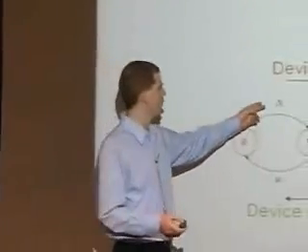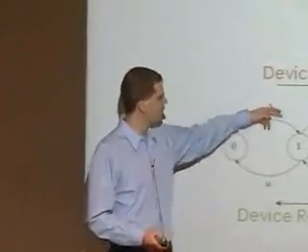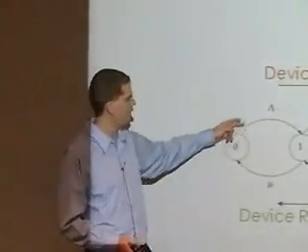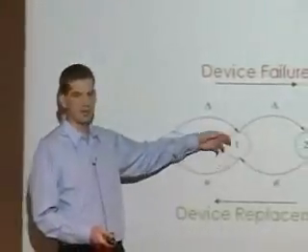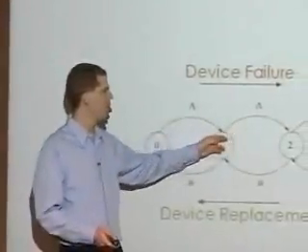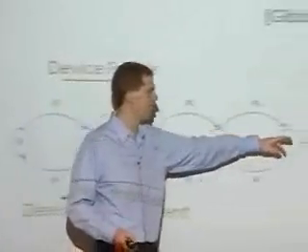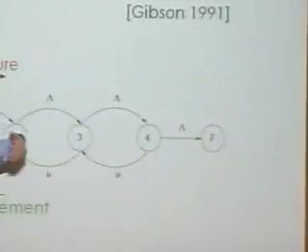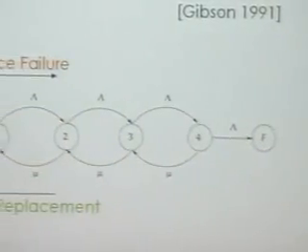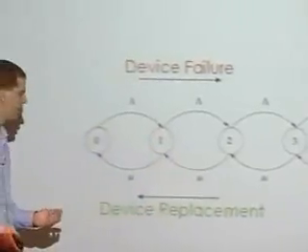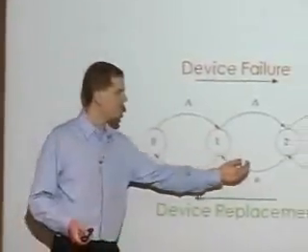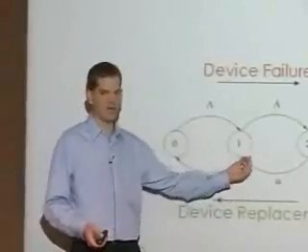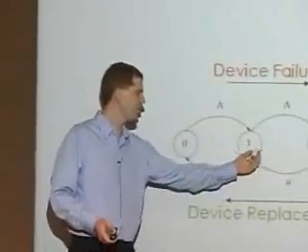So we have a diagram that has failures. A failure brings us from a lower state to a higher state. The state represents how many failures are in the system. And once we get to F, it means that we exceeded the correction capability of the code and we exhibit data loss. There is a competing mechanism, replacement or repair of devices, that gets us lower